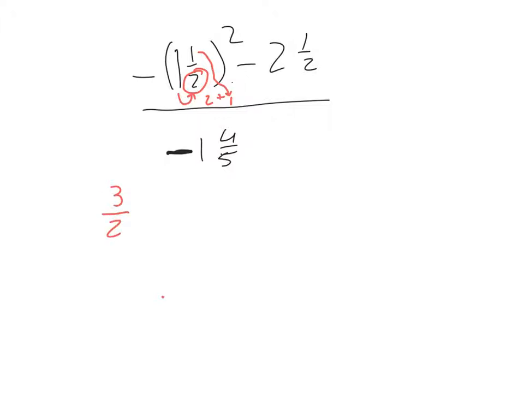And we are now going to put parentheses around it, and a negative, and an exponent. And then we are going to put a minus sign, and we are going to do the mixed number multiplied by the denominator, which is 4, plus the numerator, which is 1. So that would be 5. We keep the denominator, so it would be 2. Now we're going to put the divider line,